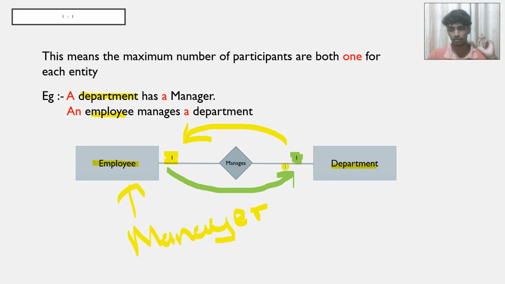So that is basically how 1 to 1 cardinality is made. It depends on the context. That's why I have highlighted this 'a' and 'a' over here, because those are the word components we use to identify the corresponding relationship. Basically 'a' means a singular one, and therefore there should be a one-to-one relationship. So I think it's clear.